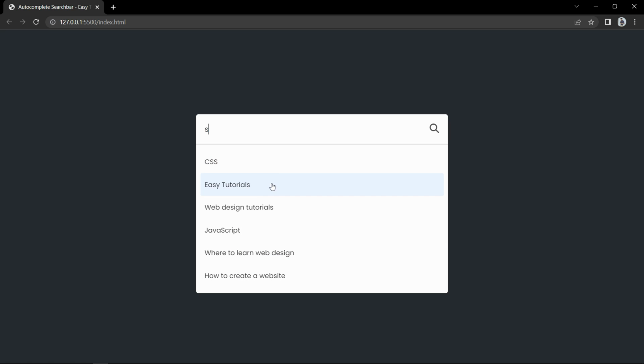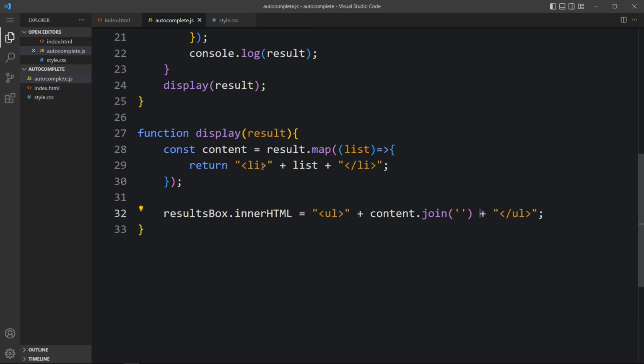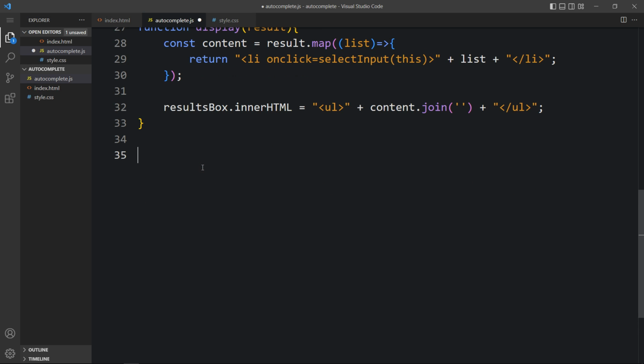If we click on anyone, it should be displayed inside the search box, and this one will be hidden. So again, come back to display that one. Here we have to create one more thing. In this li, we will create on click equal to select input. Then write this. Next we have to define this select input. Let's copy this one, and here at the end we will add function select input. We will add list,